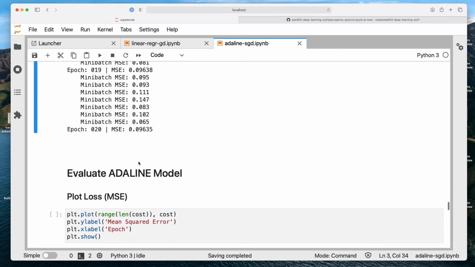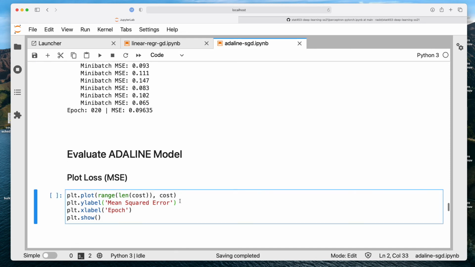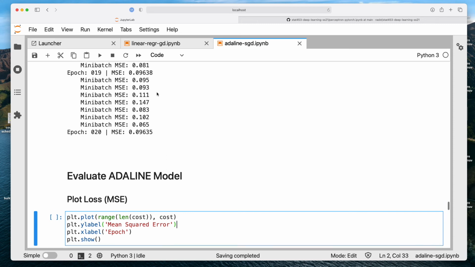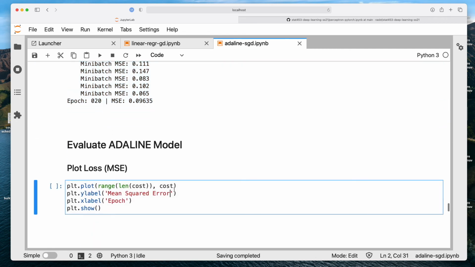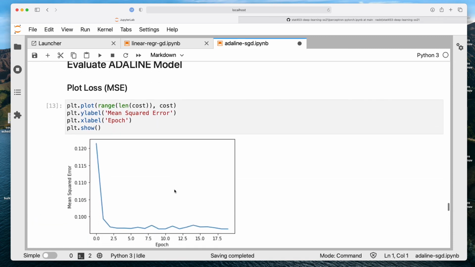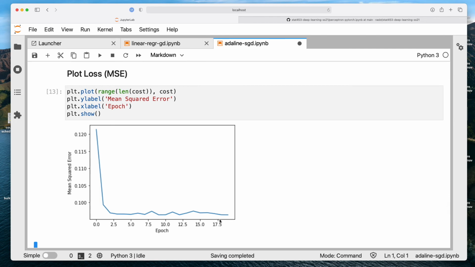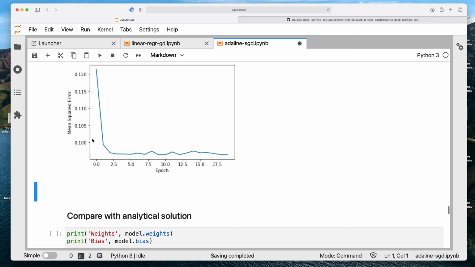All right. So time to evaluate it. So it's easier actually to look at it in a plot compared to these lists. This is something, if you train complicated neural network models, it might be helpful to print it on a command line on a server if you don't have any plotting functions available. But after training, it's usually good to at least take a look at this, because here it's a little bit more clearer to see. So you can see it goes down very steeply, and then you can see it fluctuates. So it's not converging completely because, yeah, it's more stochastic, so there's more noise. But overall, we can say it kind of converged.